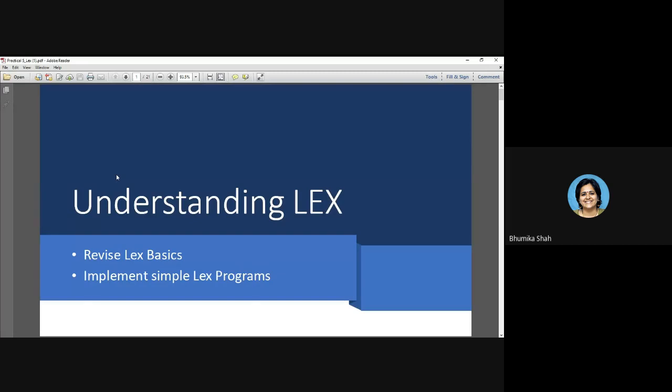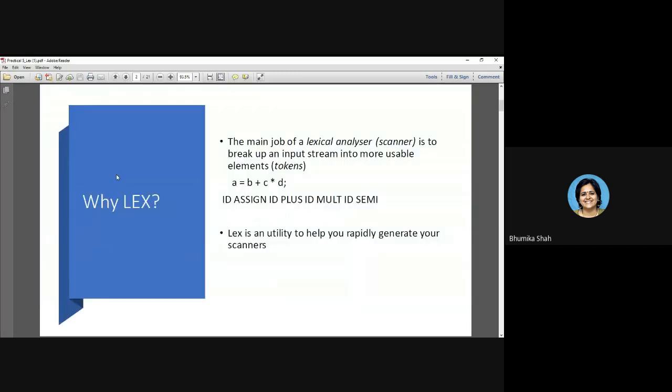Again, what is the basic task of the lexical analysis phase? We have already discussed this twice. The basic task of the lexical analysis phase is to generate a valid stream of tokens. For example, if the statement is A = B + C * D;, the tokens generated in sequence are identifier, assignment operator, identifier, operator, identifier, operator, identifier, semicolon. That way tokens are generated. So what Lex is going to do for you is generate the lexemes automatically, and depending on the regular expressions you have written, tokens are also created easily.